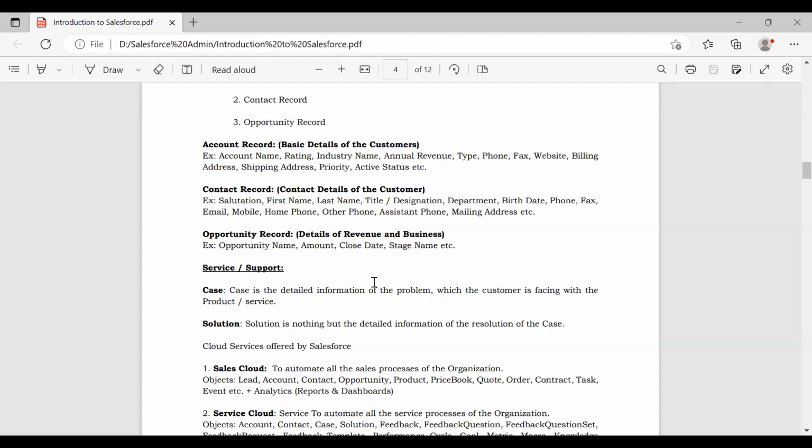The customer will raise that complaint through some customer care center or customer care phone number. Whatever problem he is facing, he provides all the detailed information, and the help desk people register the case or complaint.